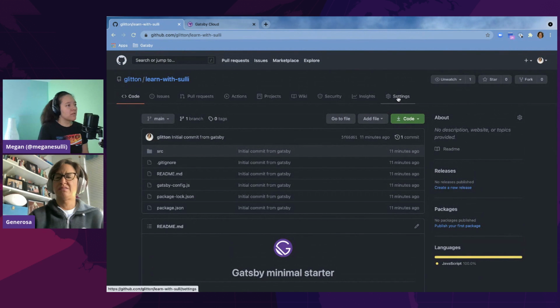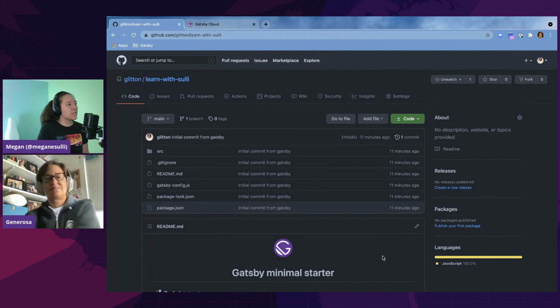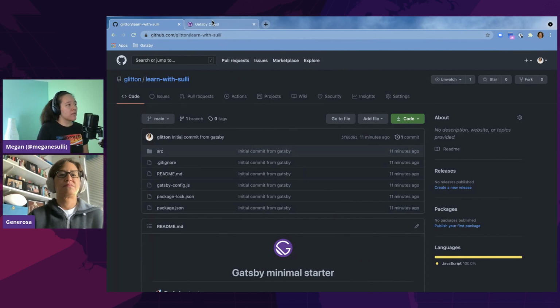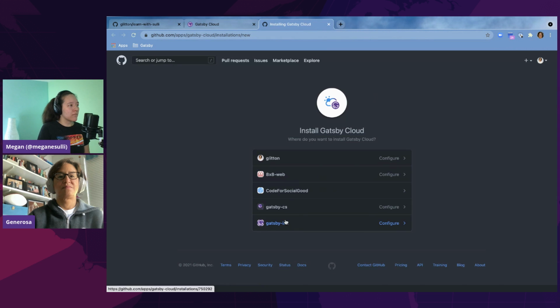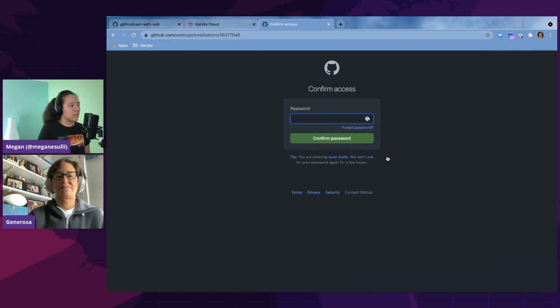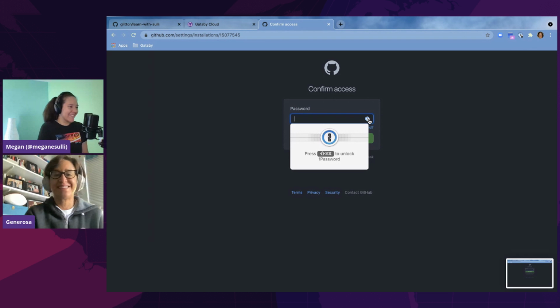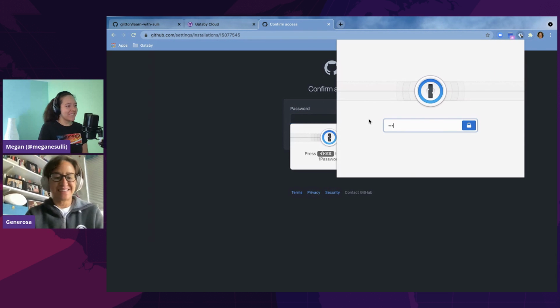The way that I've done it before is in the Gatsby Cloud window, if you go back to the select an organization drop down, there's an add a new organization. Then click on your one. Oh, password.